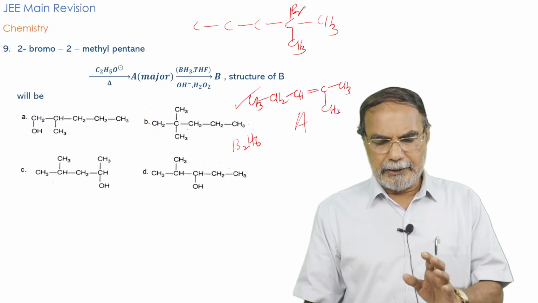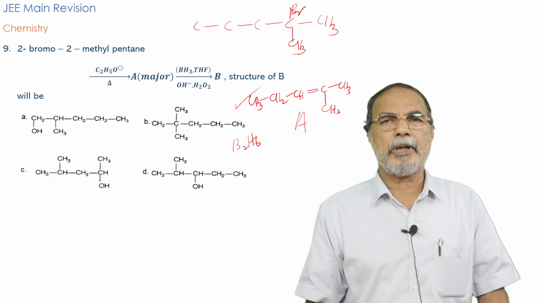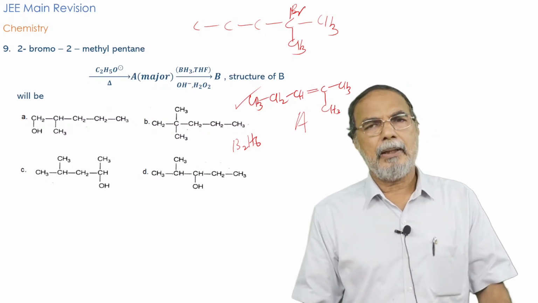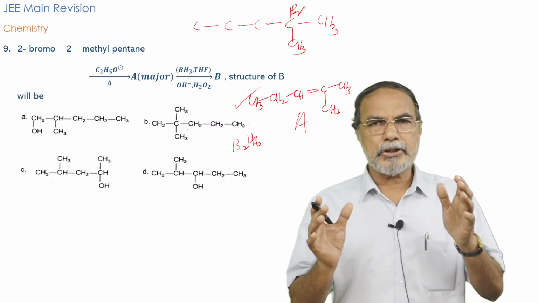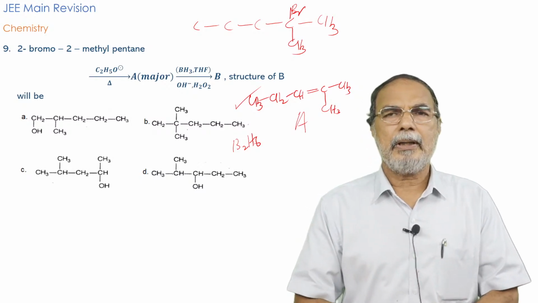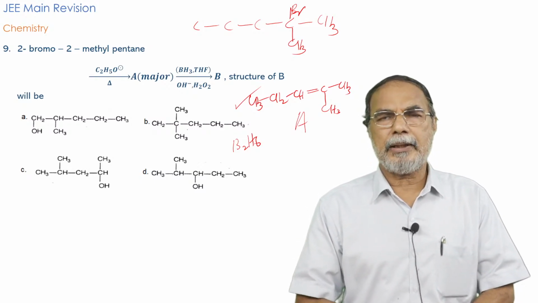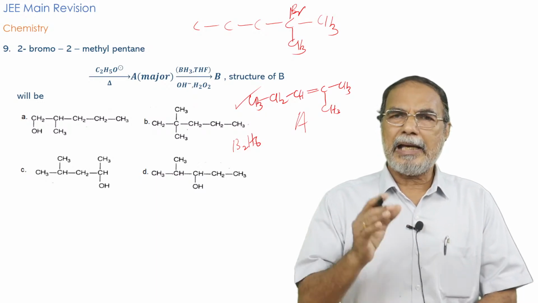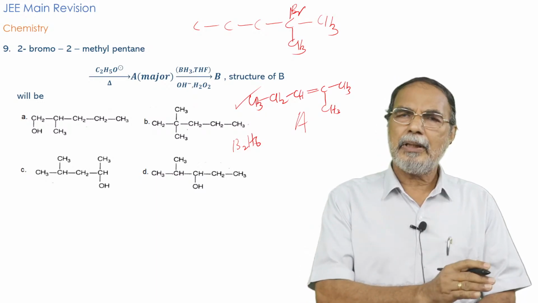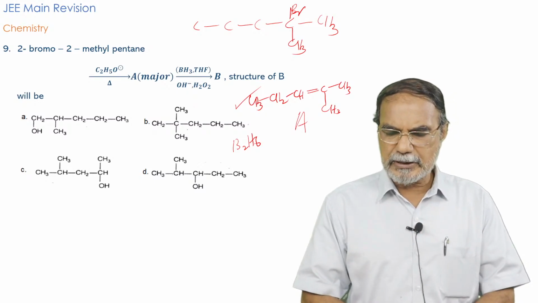And addition of diborane is hydroboration, and oxidation by hydrogen peroxide in the presence of alkali is oxidation. The two reactions together are what is called hydroboration oxidation. And I told you that the stereochemistry of hydroboration oxidation is anti-Markovnikov hydration. Anti-Markovnikov hydration means